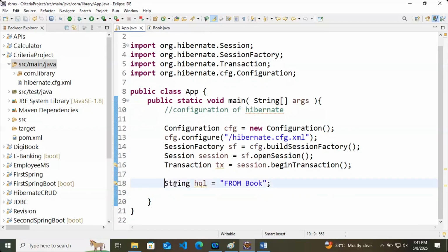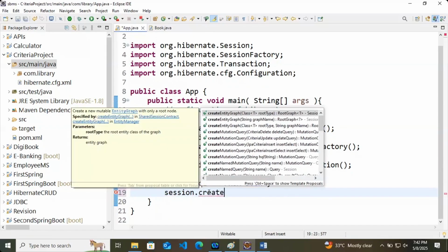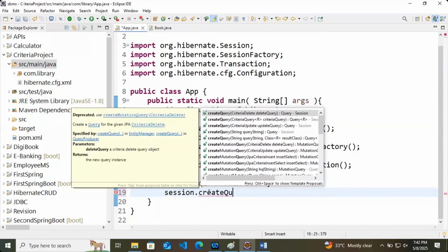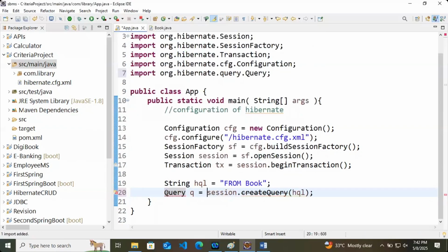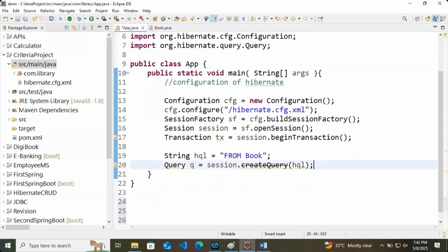Now we will use the session method createQuery, and in that I will provide the HQL, which returns a Query. This Query interface has a method list, so q.list gives you a list.